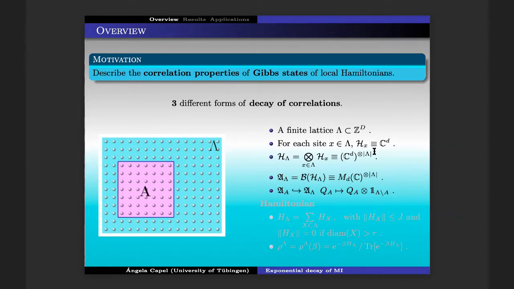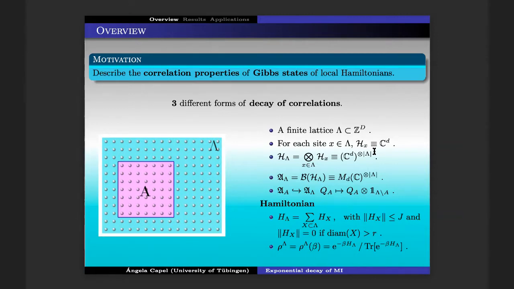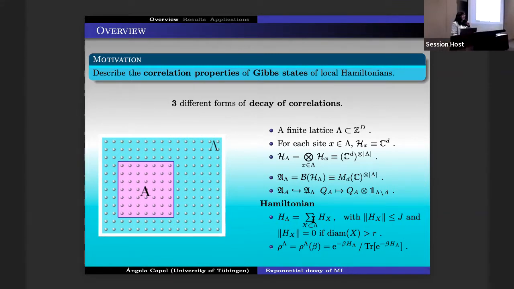complement of A. And now, we're going to talk about Gibbs states of local Hamiltonians. The Hamiltonian that we're considering here is just the sum of some local terms, as I write here. The terms that appear here only have support on regions that have diameter at most R. And all the norms of the interactions are bounded, as I write here. We're going to consider the Gibbs states, so we're going to take rho super lambda to denote these Gibbs states at temperature beta. And they are just defined by the equation that I write here, as usual.